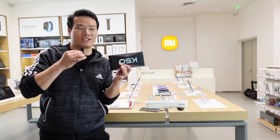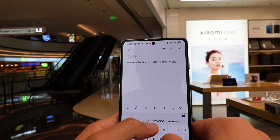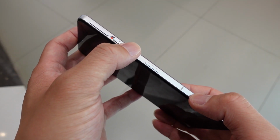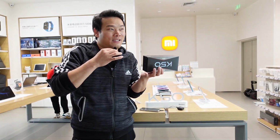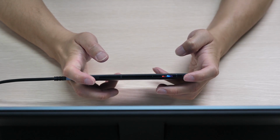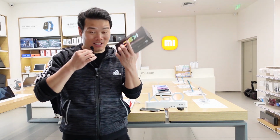And third, I guess, is the gaming user experience, like the haptic, the X-axis haptic motor, is it any good, and also those physical shoulder keys for gaming, is it better than those virtual keys like on Red Magic phones? By the way, I have the Red Magic 7, so stay tuned for that, which will be released tonight